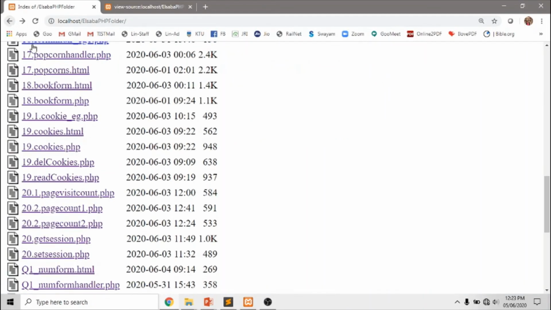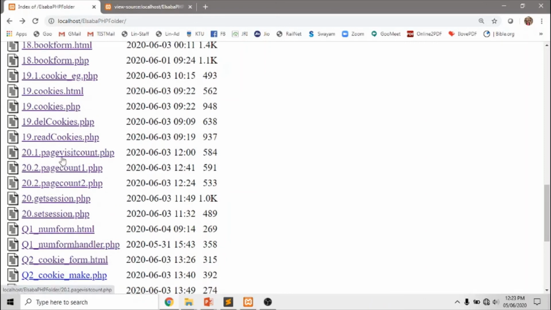Now moving back to my execution. Page visit count. So your session ID is this, and you visited the page 1 number of times. This is my first time of using this session. If you click again, you can see the page count incremented to 2. If you click again, it will be 3 times, 4 times, 5 times. That value changes on refreshing each time. That means you are visiting the page again and again. So now I have clicked 14 times, and it is 14 times you have visited this page in the session.